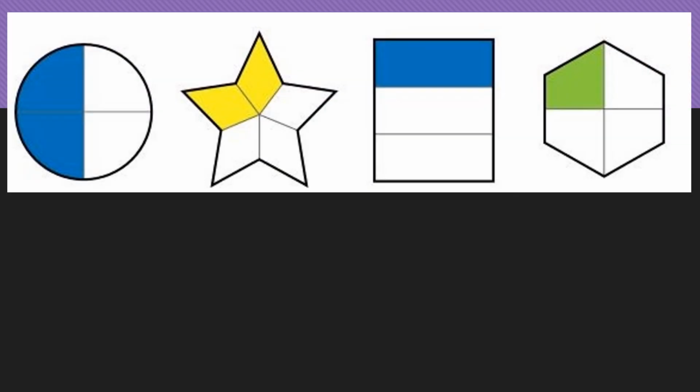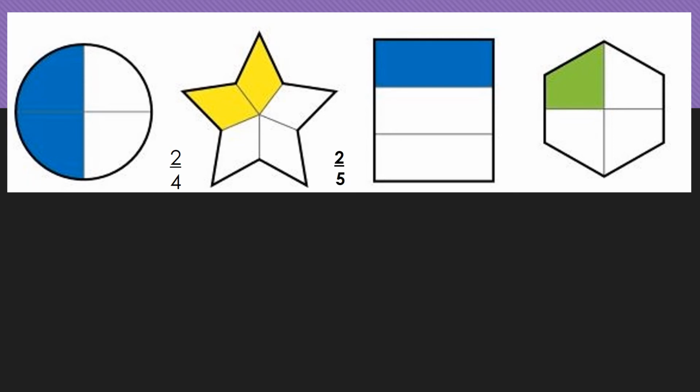Now let us see how to find out the fraction of the shaded portion. The circle has been cut into 4 equal parts and 2 of them have been shaded. So we read the fraction as number of shaded portions upon the number of parts the circle has been cut into. So what is the fraction here? 2/4 is the fraction. Look at the star. The star has been cut into 5 equal parts, of which 2 have been shaded. So we say the fraction as